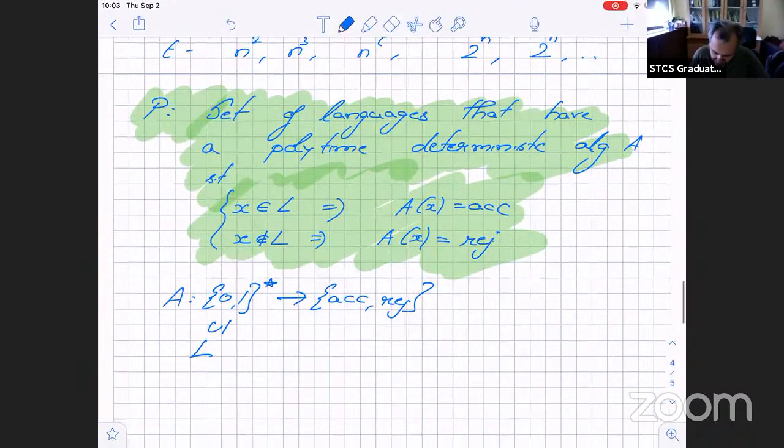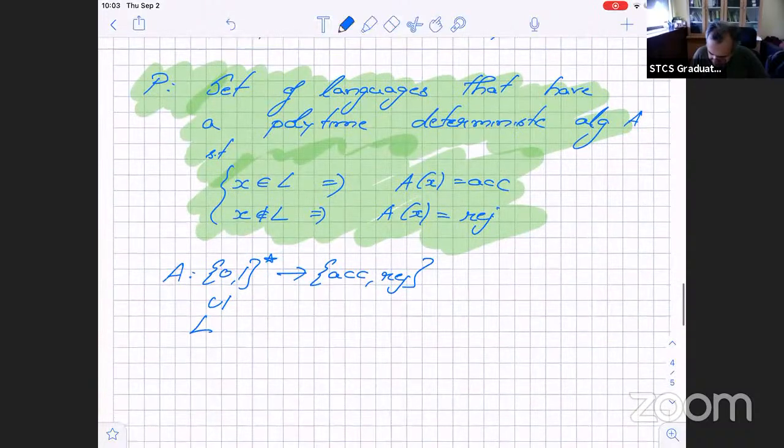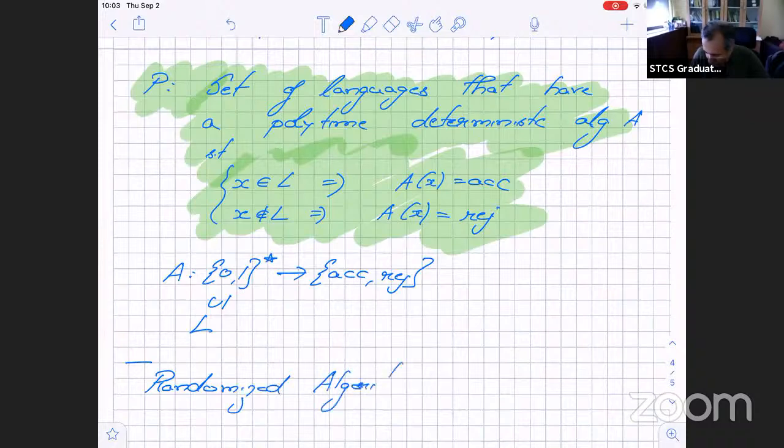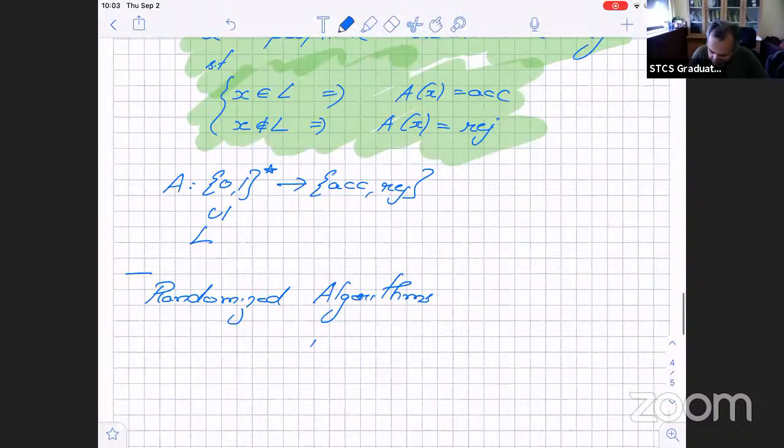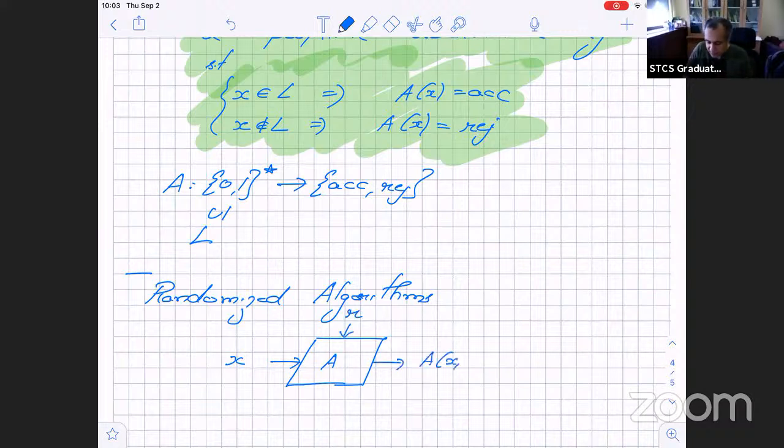So now let's move on to randomized algorithms. Randomized algorithms, as we saw before, are algorithms which have an input X, but in addition to this, the algorithm also tosses coins. So let's explicitly say that it gets this other input R, and then A of X, R is once again either accept or reject. So a run involves an input and a random string. It takes both of these as inputs. This is the actual input. This is the random coins. And then based on these,